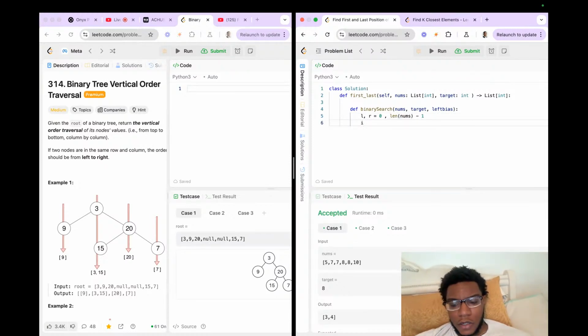We want to set our index to -1. And now we want to iterate through nums. So for, or no, no. So for